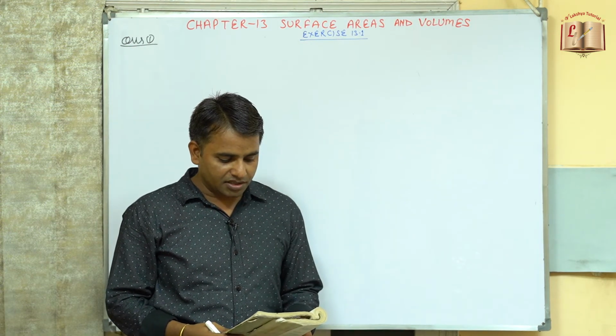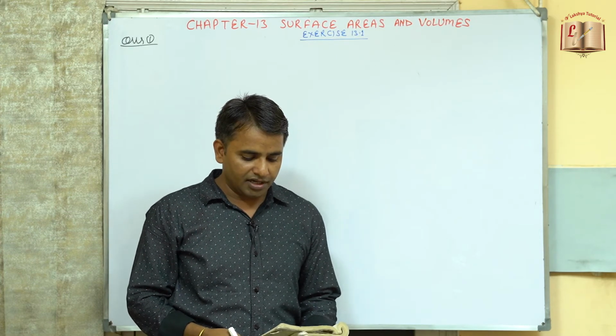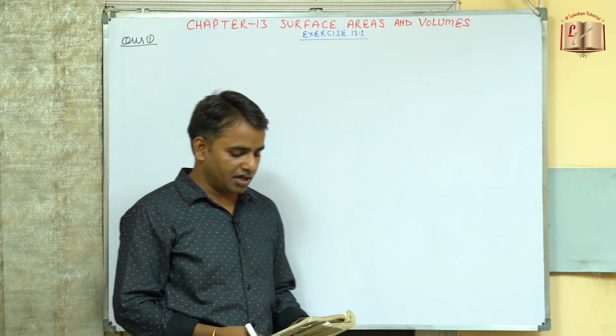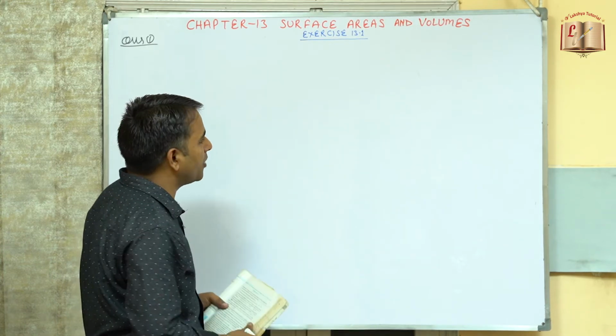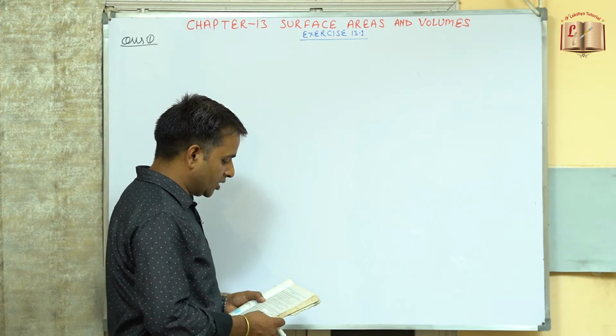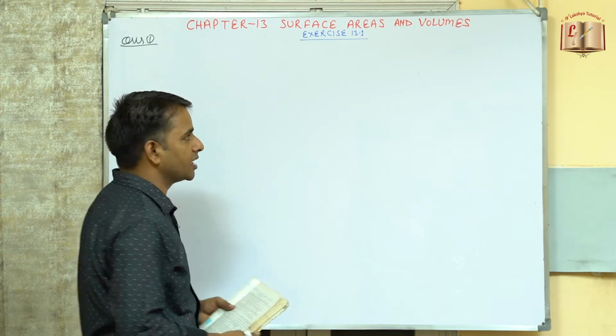A plastic box 1.5 meter long and 1.25 meter wide and 65 centimeter depth is to be made. It is opened at the top. ये बॉक्स टॉप से ओपन है. Ignoring the thickness of the plastic sheet, determine the area of the sheet required for making this box.